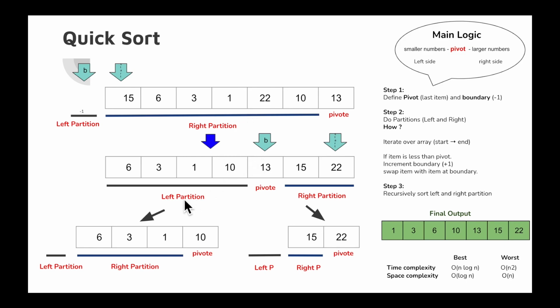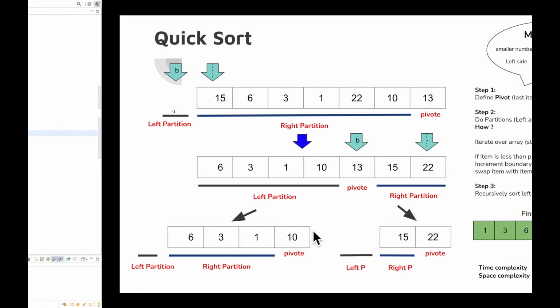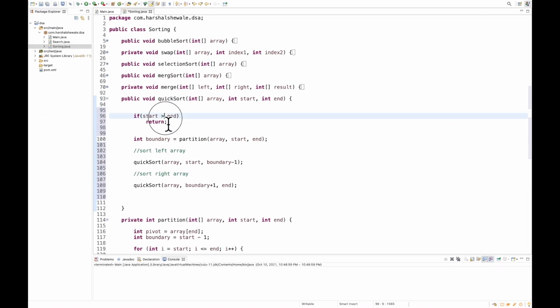We are dividing the array into the left partition and right partition, and we are now defining the start and end index, right? So this will be the start, this will be the end. As long as we are partitioning the array, there will be one step where, let's say this is the right partition, the start and end. So this can be divided. But at the next step, the start and end will be the only one index. So no need to sort an array which has only one number, because that is already sorted. So that's why we have to put this condition, start is greater than or equal to end.